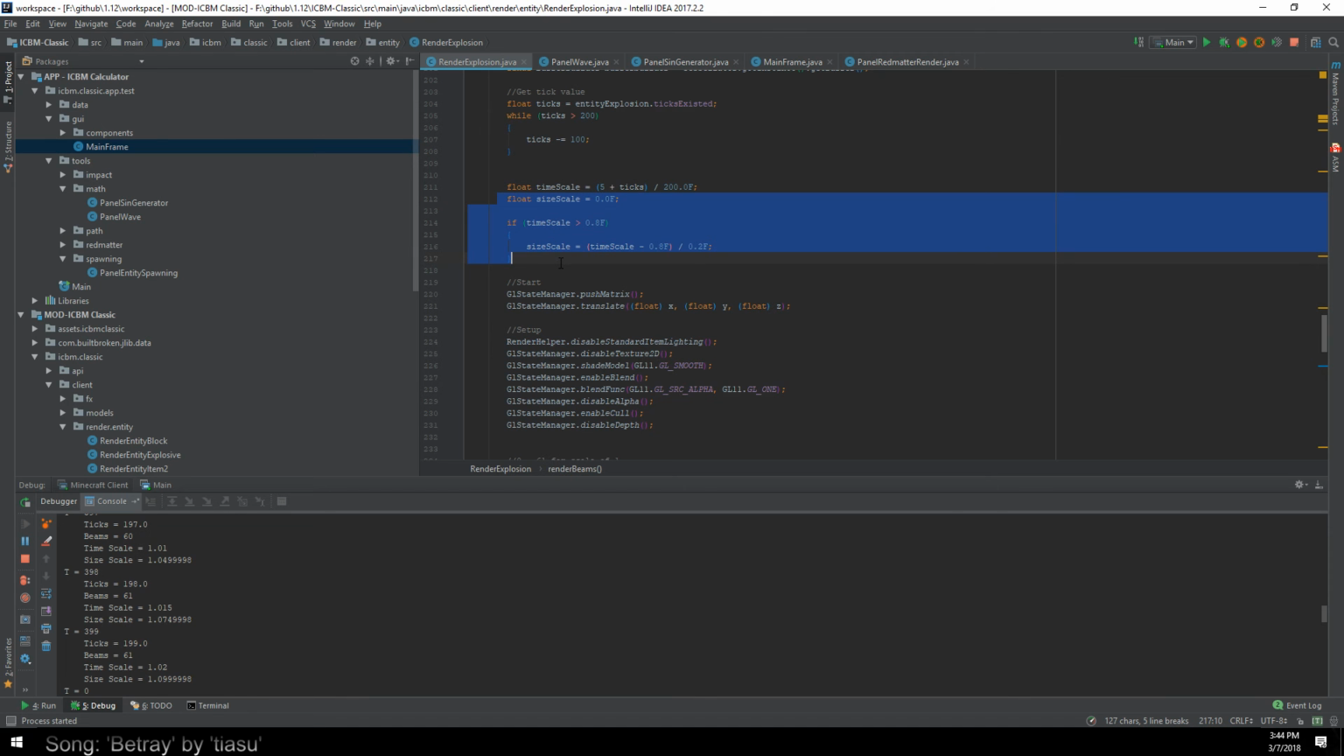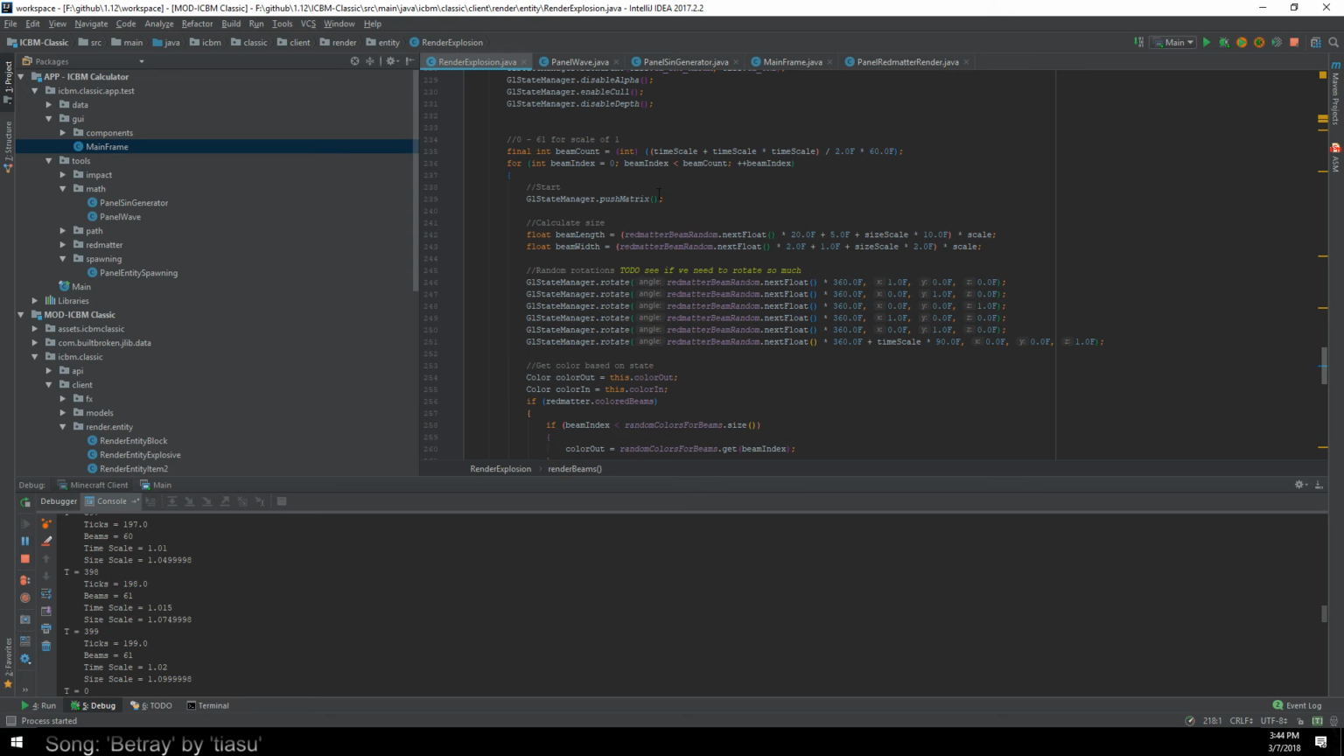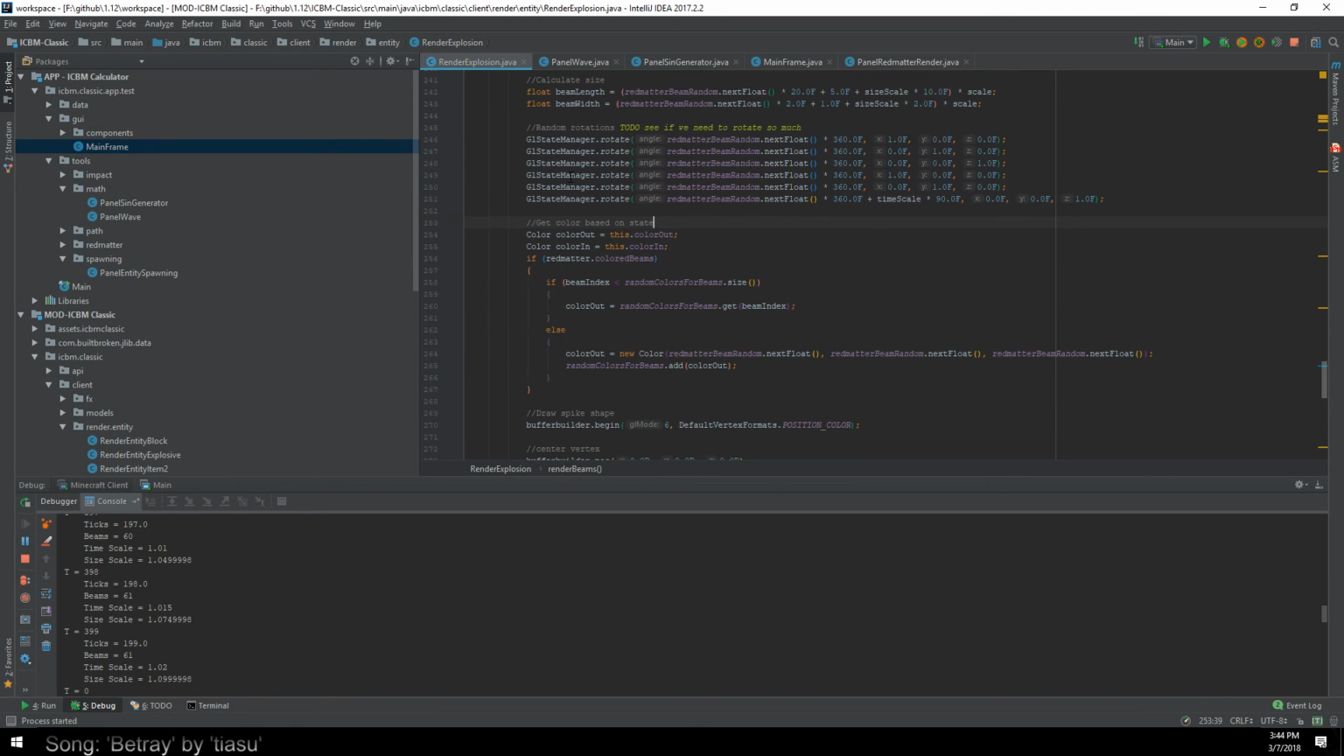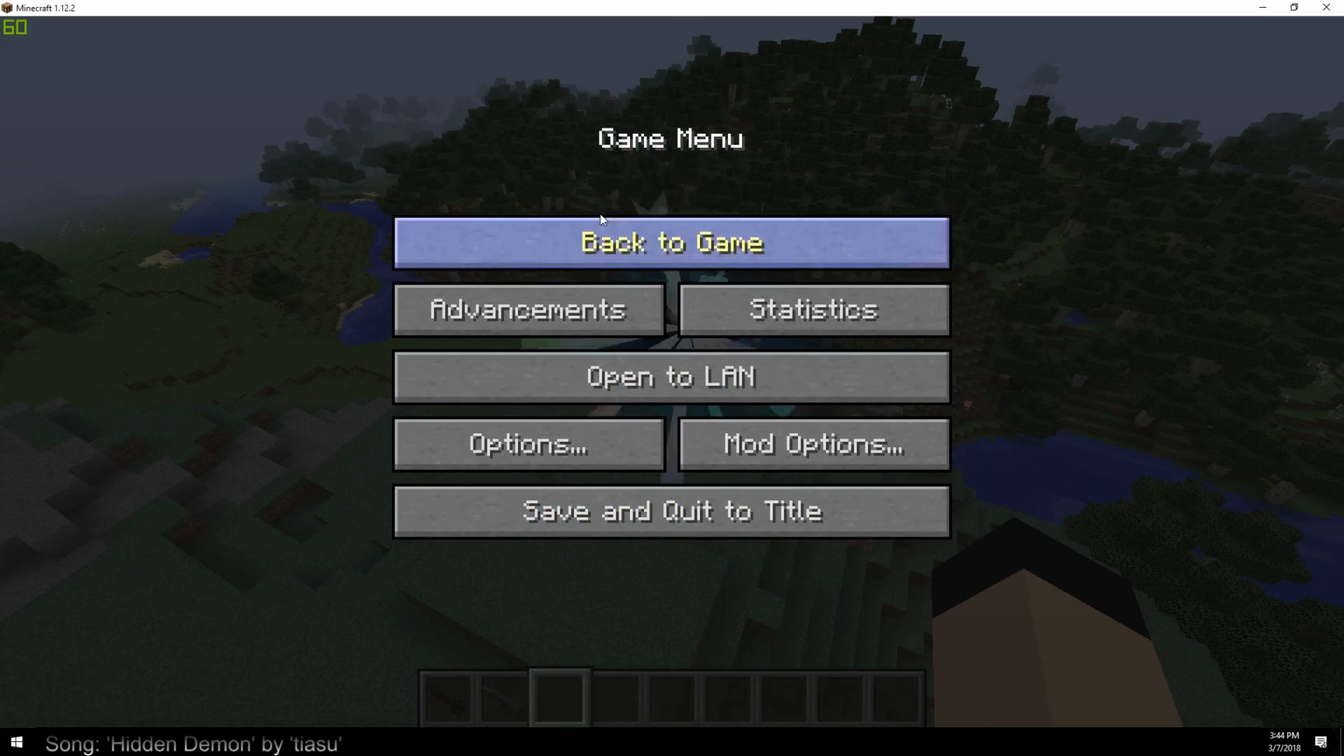That we'll then plug into the size scale if we do want to keep a modulation on the size, and then we'll plug that down into the rest of this, because the time scale also modifies the rotation of the beams. We have a nice little randomization going here. It's not a true random, it's kind of a fake random, because it uses its own random function that is more consistent, because if you didn't have a consistent function,